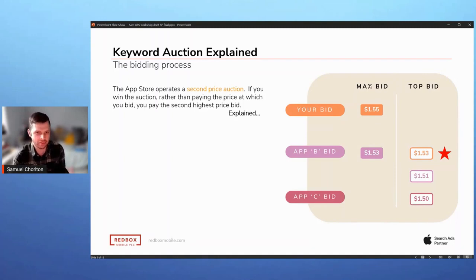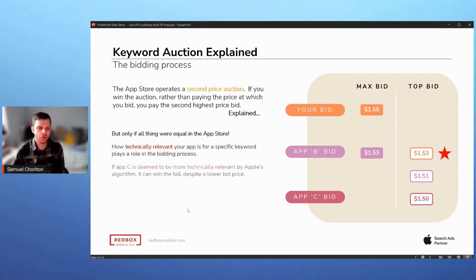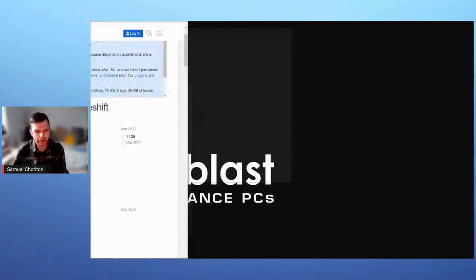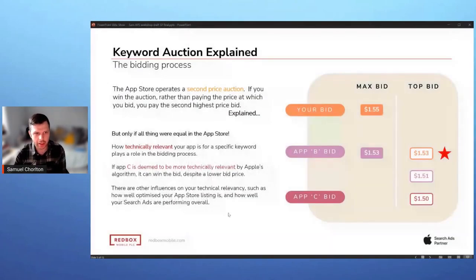And I guess that's relatively similar to how something like eBay works, where you basically keep bidding until you beat the second highest bidder. Whereas in a more conventional auction system, you can bid by an increment you choose, which is a first price auction system. That's not solely how things work in Apple land.